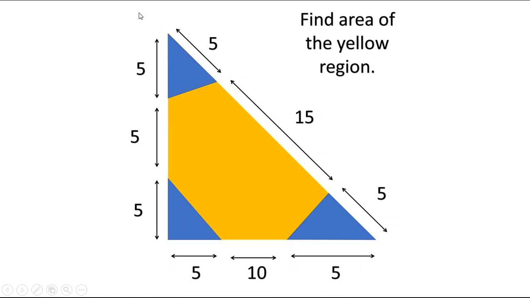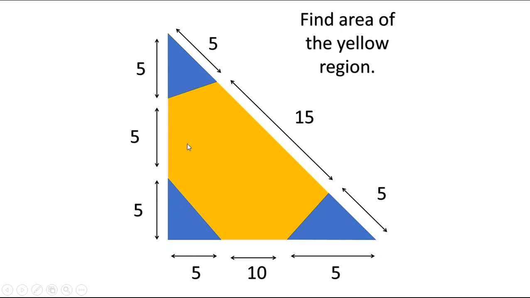First of all, we will see that this given figure is a triangle, having a few other small triangles. The small triangles have two of their lengths as 5 centimeter, and the length that is not inside the triangle, the yellow side, is given as 5, 10 and 15. So we have to find the area of this yellow region, which is a kind of hexagon, as you can see. So we have to find the area of this hexagon.